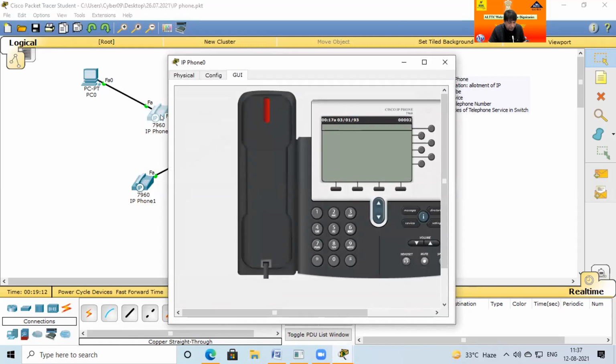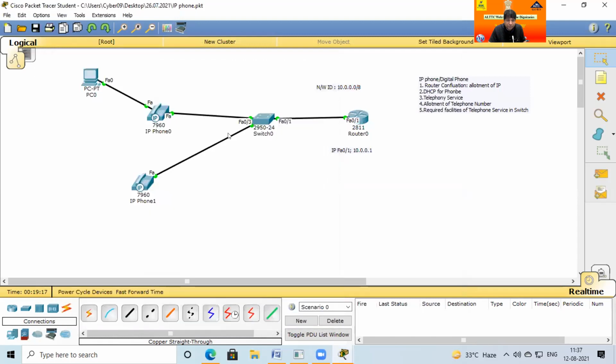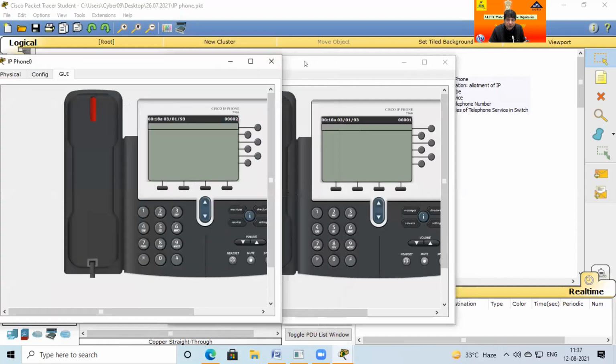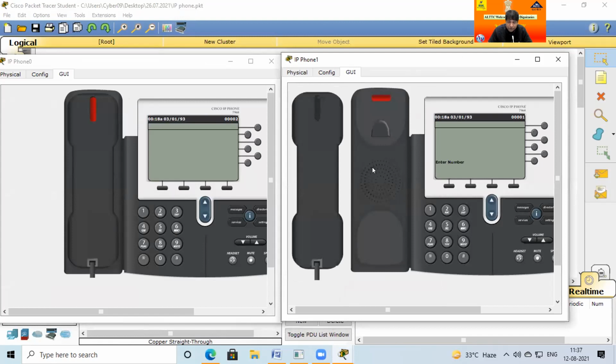Click here, and the other phone also, yeah. Now I'm dialing from one number to another number. I press on this, this is 001, this is 002. Now the dialing tone is heard, and I'm dialing this number. The light is blinking, and you can also listen if sound is there.